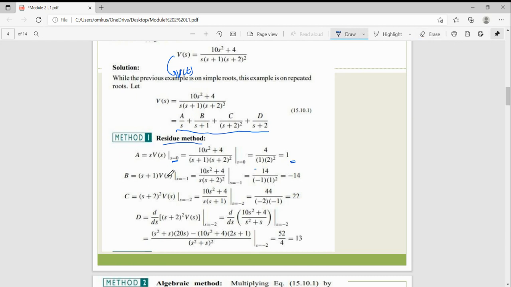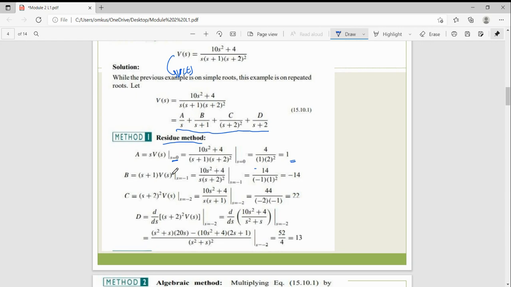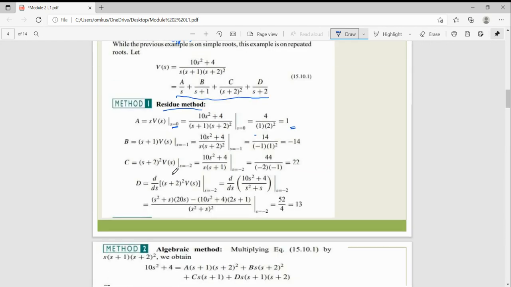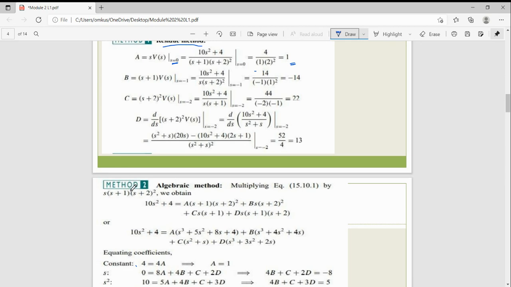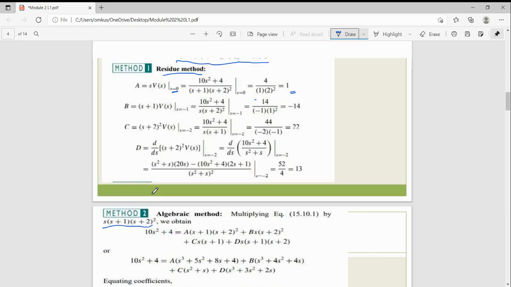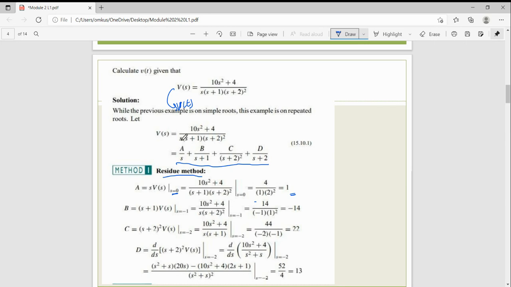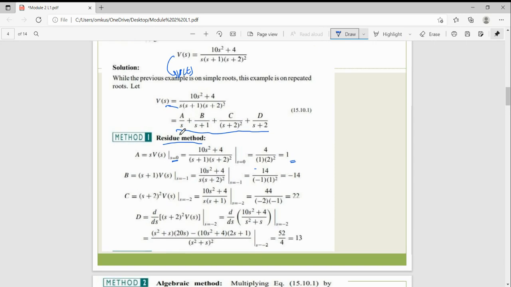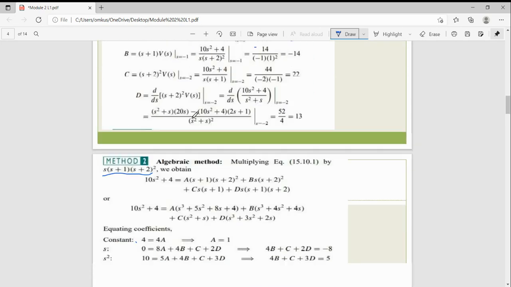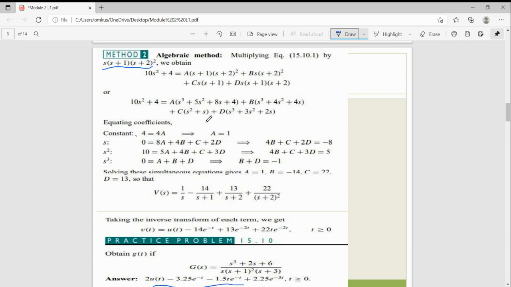Or you can also find this variable in another format, for example, by multiplying this equation by this whole term. Okay, this is nothing but, when I multiply this by this factor, this is the second term. But in that case, first of all, this variable's term is also present, right? Because this whole denominator term is multiplied with the whole equation. So when you multiply, you will get the expression just like that. Okay, you will get this expression.